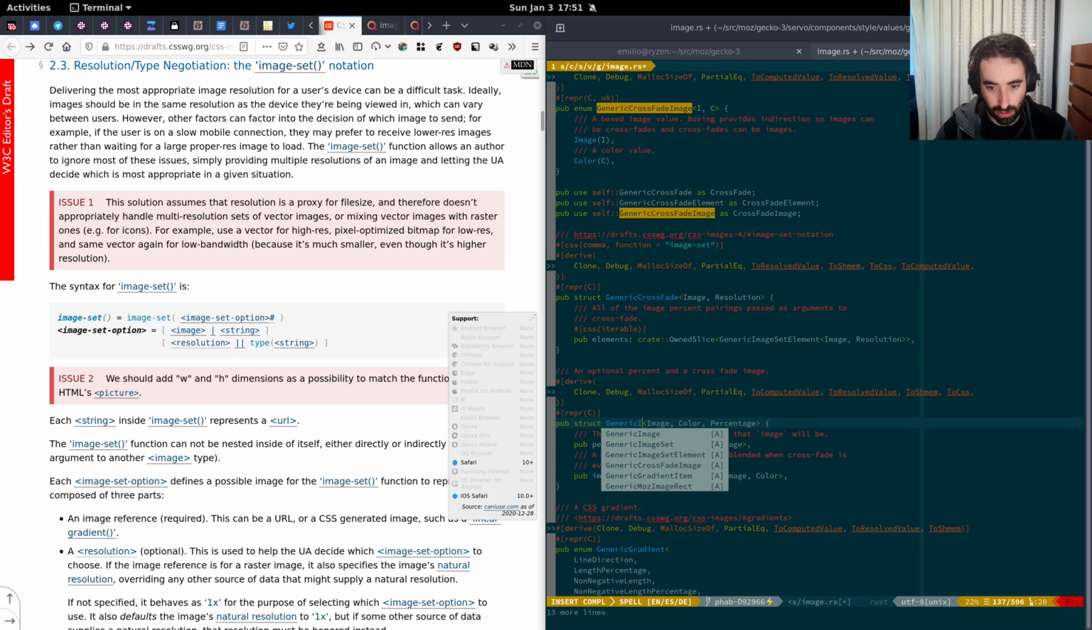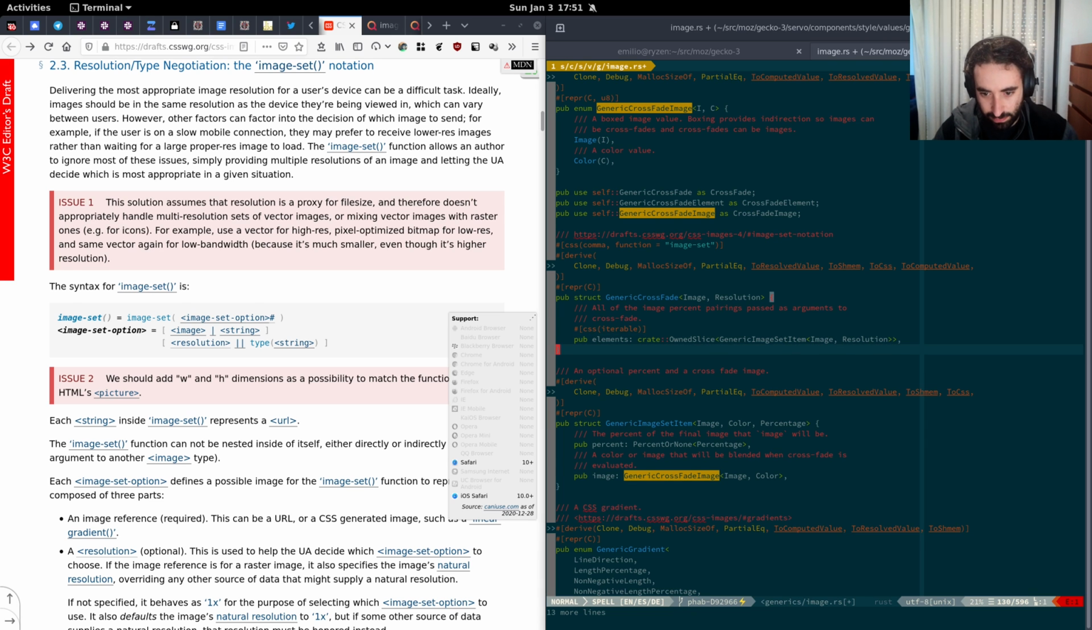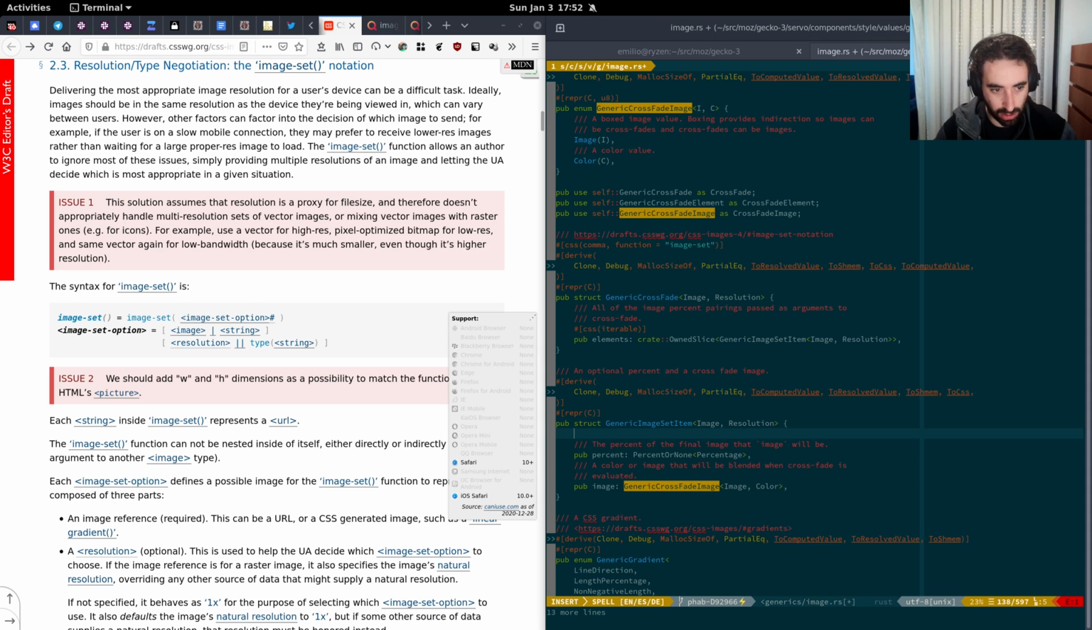Generic set item or item to element. Element is very overloaded. So is item, I guess. So image resolution, and then this will have a string, potentially empty. So the type, name type. Then we need to serialize this. This cannot be derived. It almost can, but